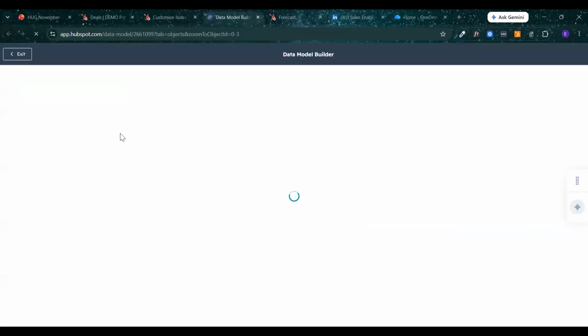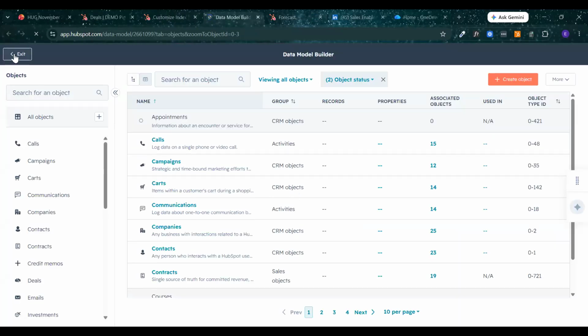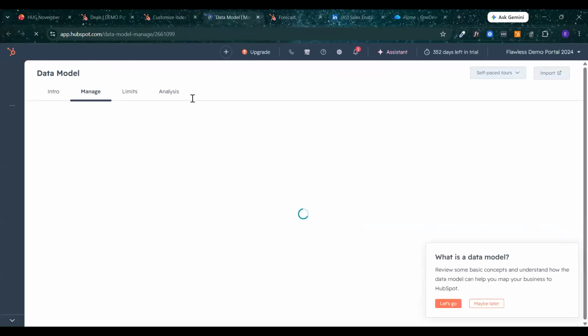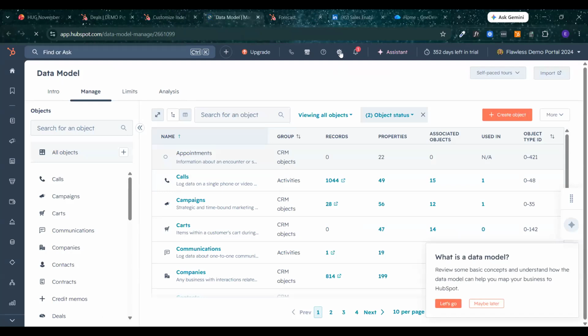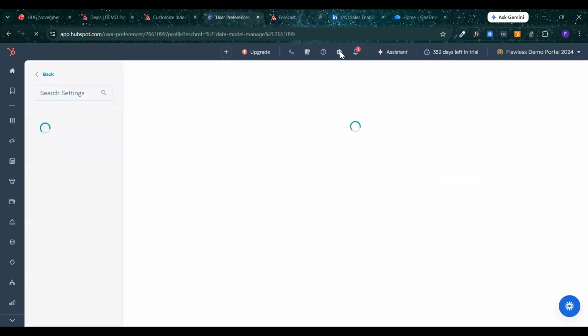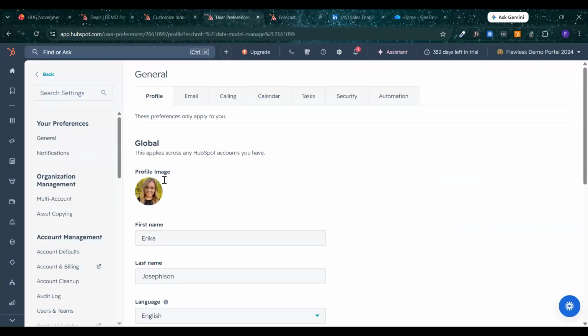And then, well, that's too complicated. This is not back to basics. Don't click on that. So then we'll get to the settings here.